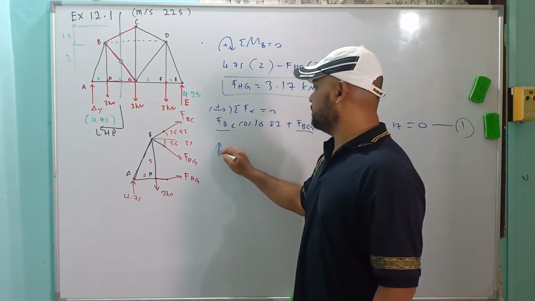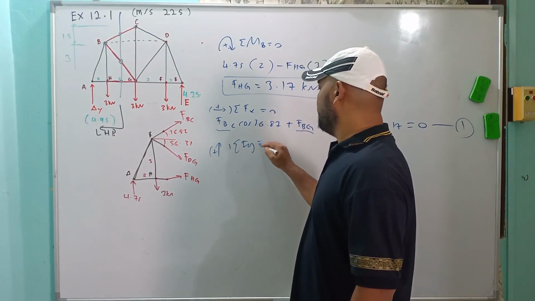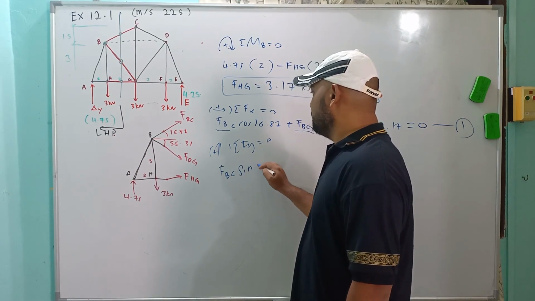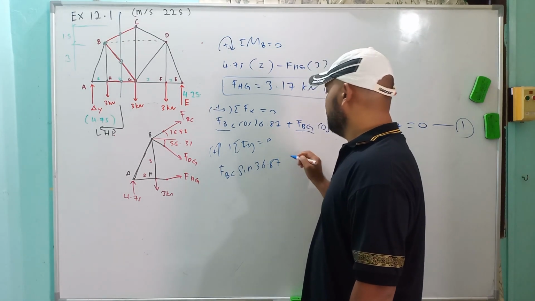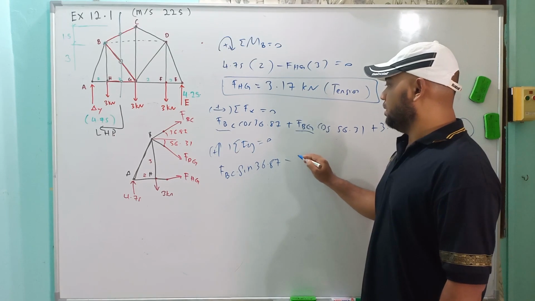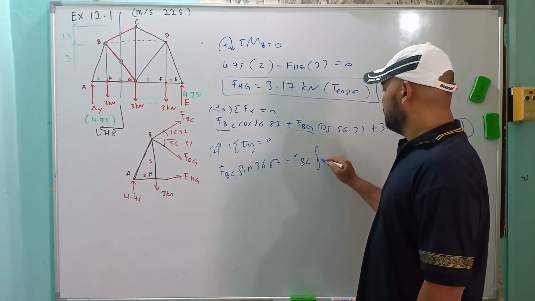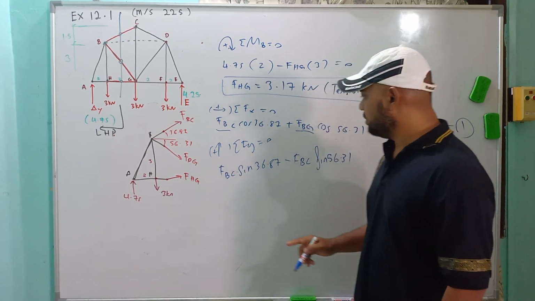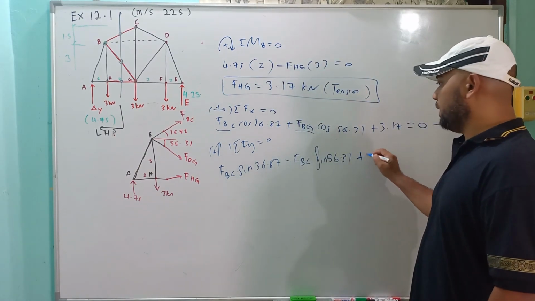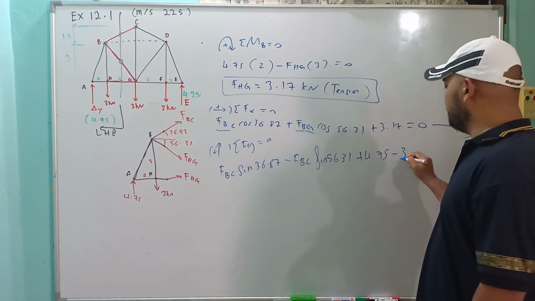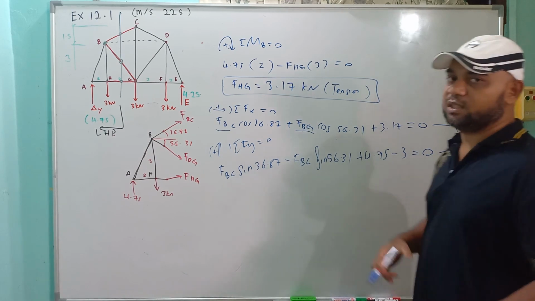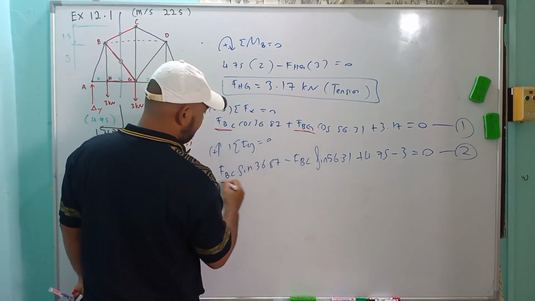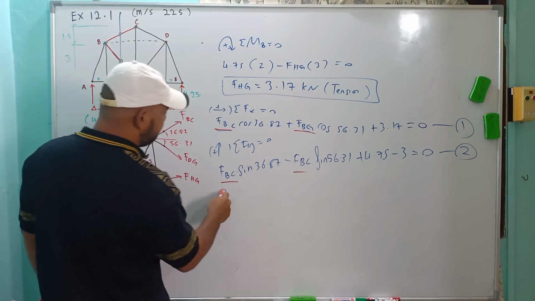So you go to upward positive, sigma Fy equal to 0. We have FBC sin 36.87 minus, downward, FBG sin 56.31. Okay, this is in Y also. So plus 4.75 minus 3 equal to 0, equation number 2. So we have two equations here and two unknowns, FBC and FBG. Okay, you solve